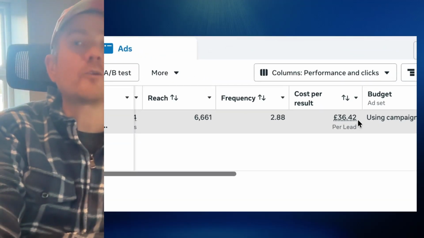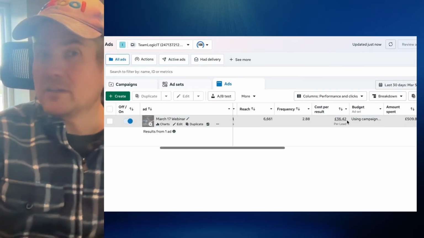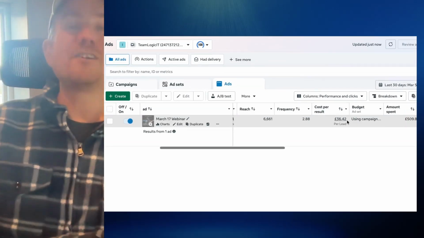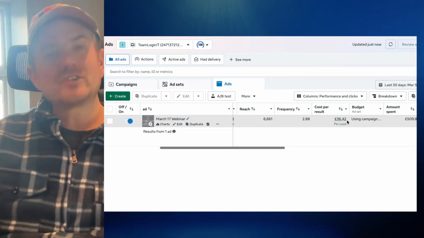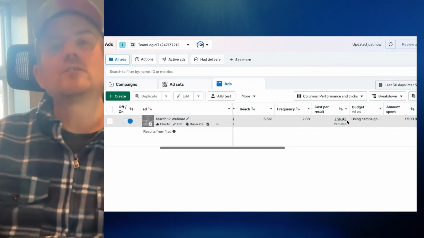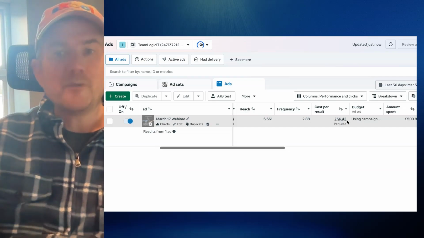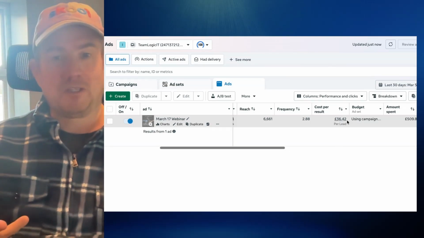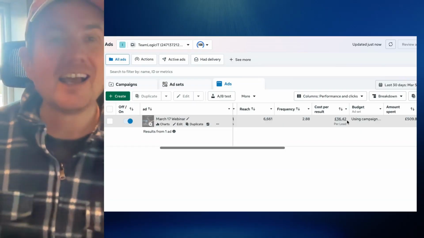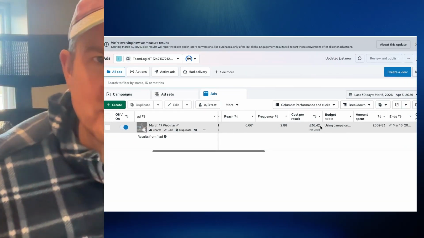So he was paying $45 a lead to just get people to register onto a webinar, maybe not even attend the webinar. Okay. So if you're going to set up a new ad account and you're going to start running webinars, and if you're going to pay to get people to register, this is the price you're going to need to understand is normal. As simple as that.